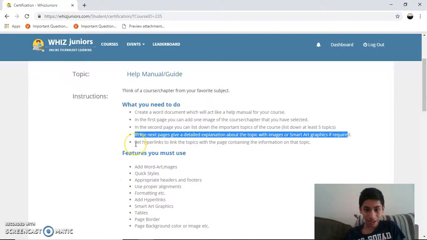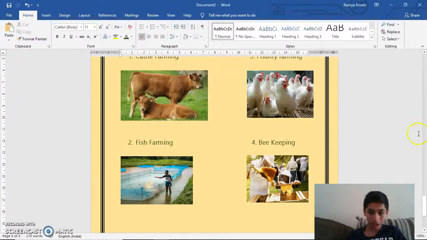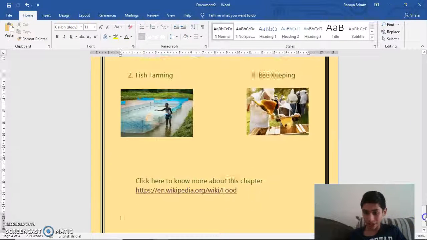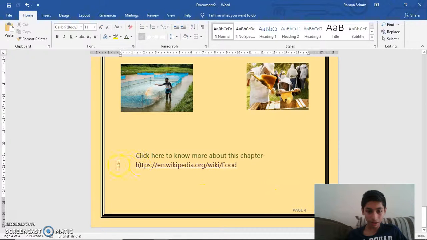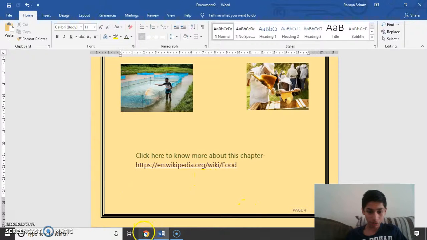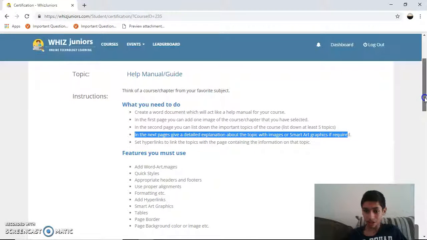Now the next one is set hyperlinks to link the topics with the page containing the information of that topic. So I've also set a link here. So if I control plus click this, it will take me to the original website. And when I come to the features, I'll be showing you how to insert a link. Now going to the features,